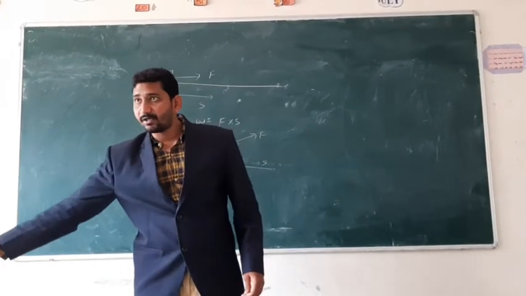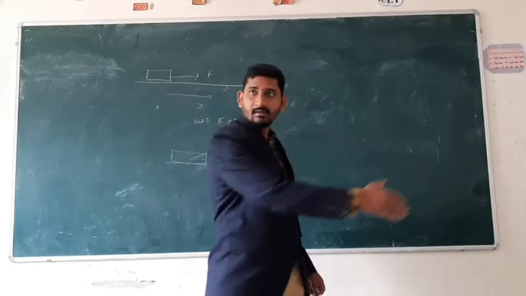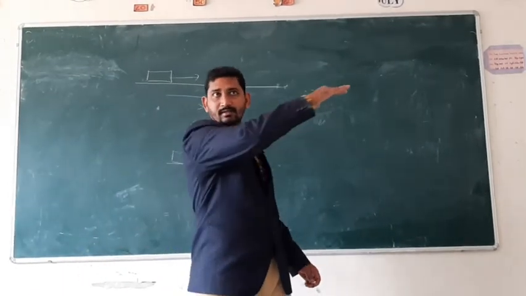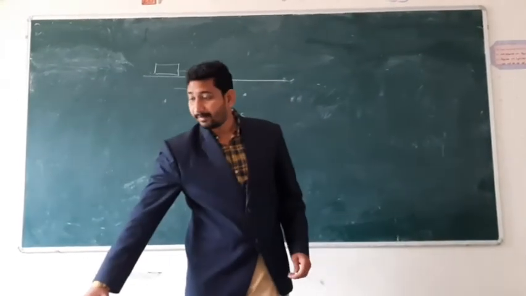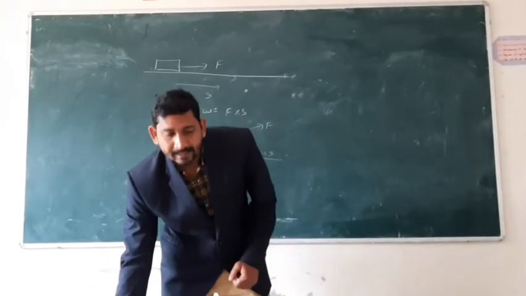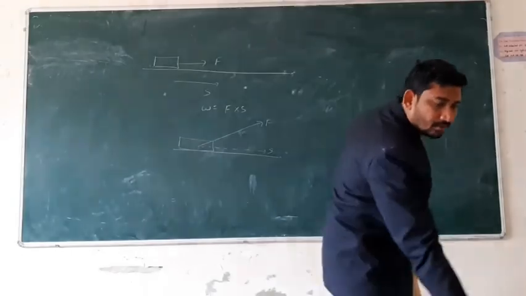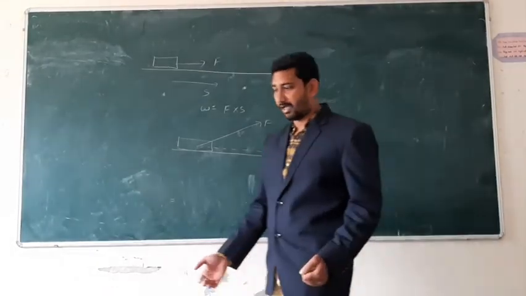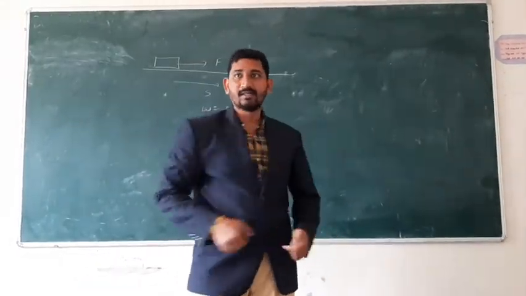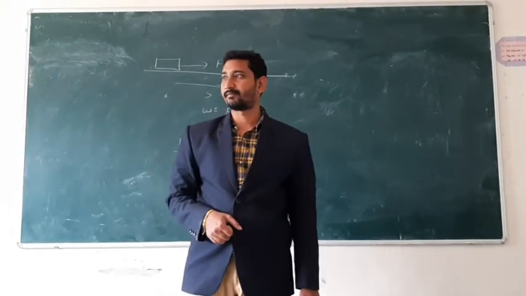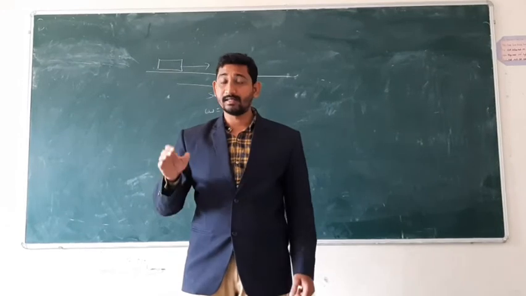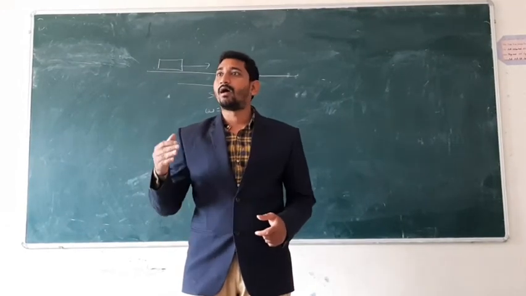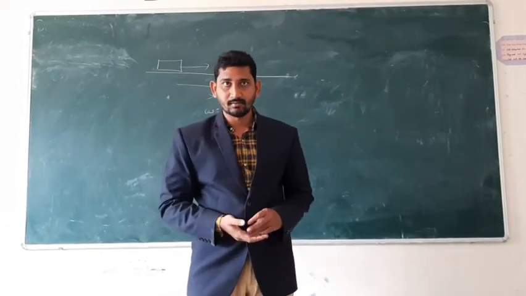But displacement of the dog is in the horizontal direction. The dog is not coming like this. The dog is going horizontally. But I am not bending and applying force horizontally on the dog. I am applying force in this direction. But still the dog is moving in that direction. Do you understand? In this type of situation, how do we find out the work done?